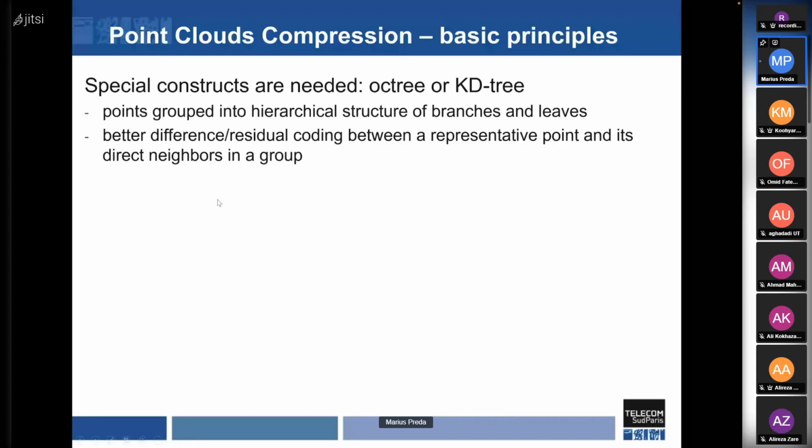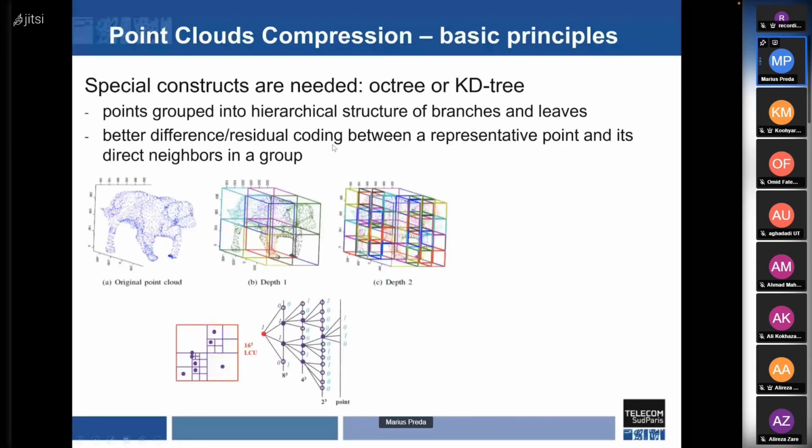Just an illustration explaining what the Octree is. So we have the point cloud here. An Octree, a 3D Octree, will divide the space in cubes, and the idea is to continue this subdivision into cubes only if a big cube is occupied. So when a big cube is not occupied, we just signal that it is not occupied, there is no need to subdivide it more. But when it is occupied, we continue the subdivision up to the last leaf. And that will change the XYZ representation into a kind of tree